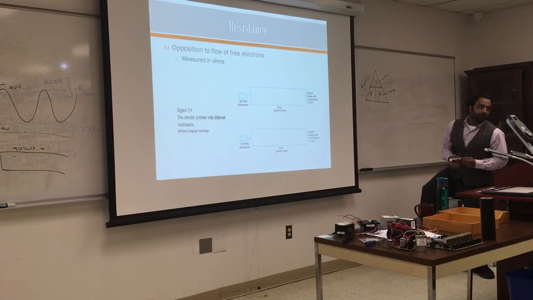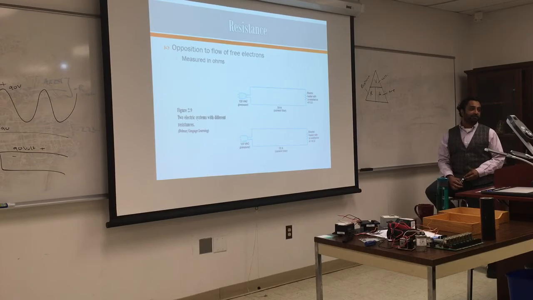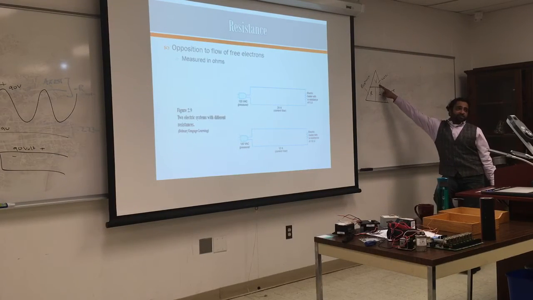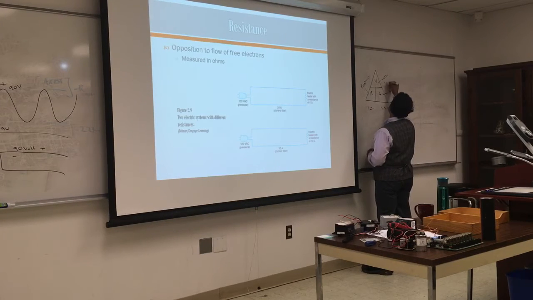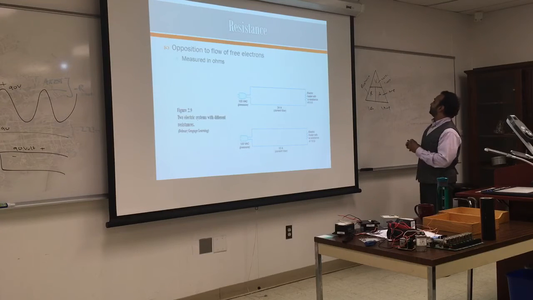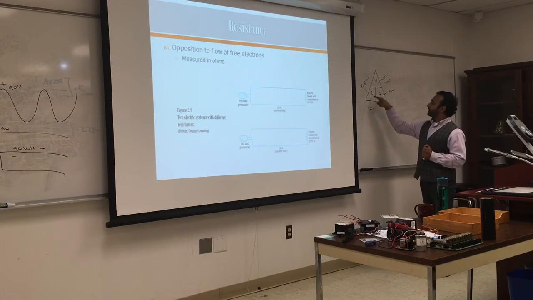This law, you can write it on a piece of paper and bring it to the exam. You can put it as a tattoo, I don't care. If you don't remember it, it's okay. You can have a cheat sheet with you in the exam with all the laws on it, so you don't forget them. This law is very easy. What it means is that under a potential difference of 1 volt, it will take 1 amp to go through 1 ohm of resistance. So this is going to be 1 ohm, 1 amp, 1 volt. It takes a potential of 1 volt to pass a current of 1 amp through 1 ohm of resistance.